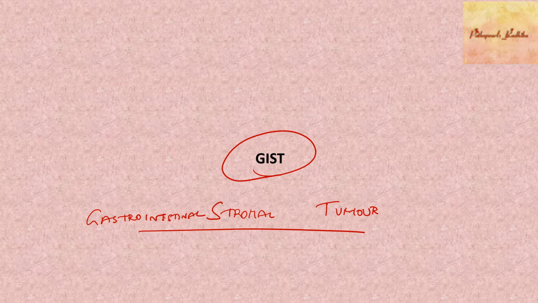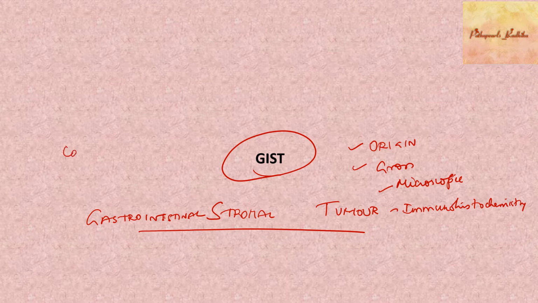Whenever you take any tumor, whether it's a carcinoma, melanoma, epithelial tumor, or a mesenchymal tumor, what you should know about any tumor is, first, the origin of the tumor. From which cell it originates, how does it present? Then you should know about the gross appearance. After resection, how does it appear? Then the microscopic appearance. Then the immunohistochemistry. I hope you know a little bit about immunohistochemistry. I'll just tell you in short.